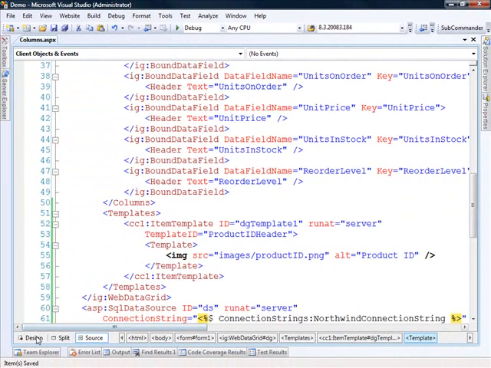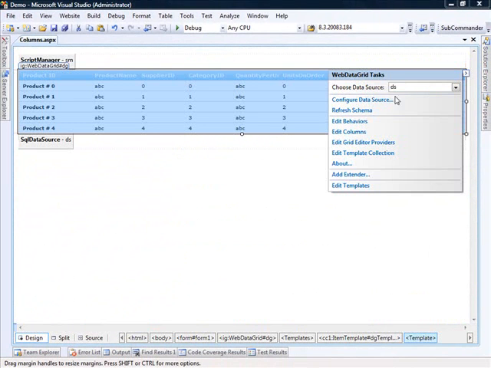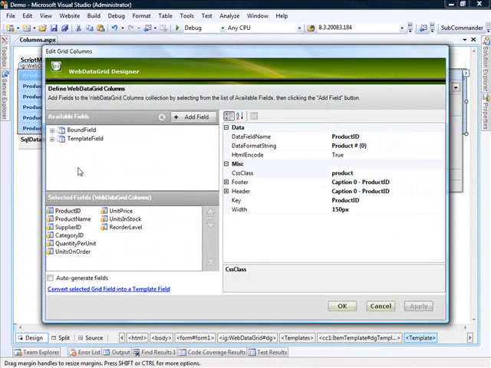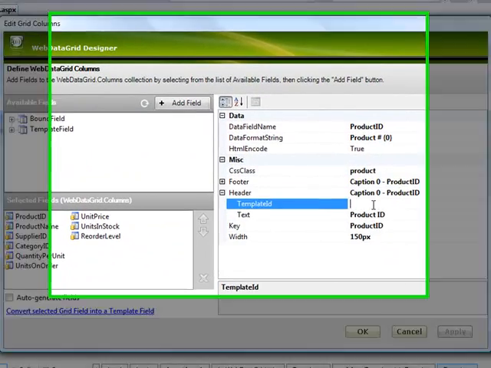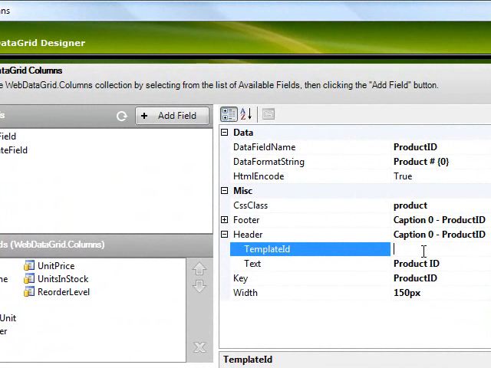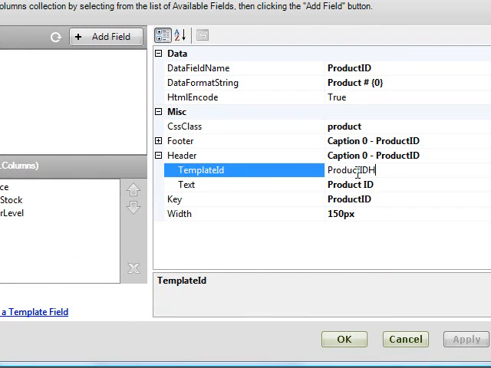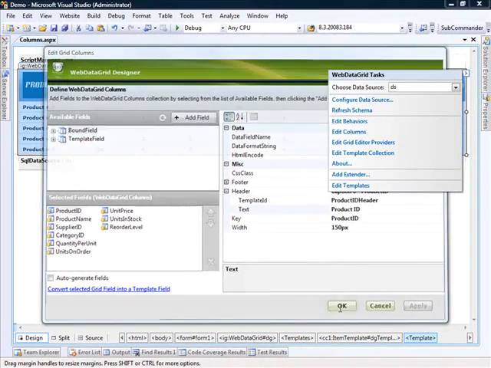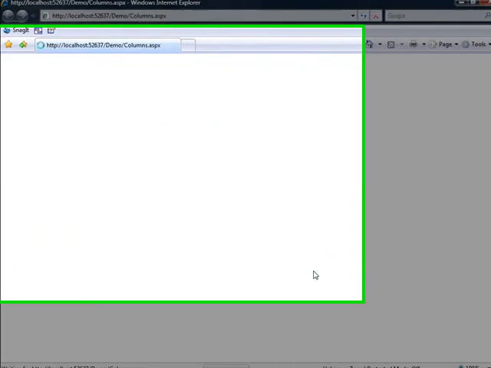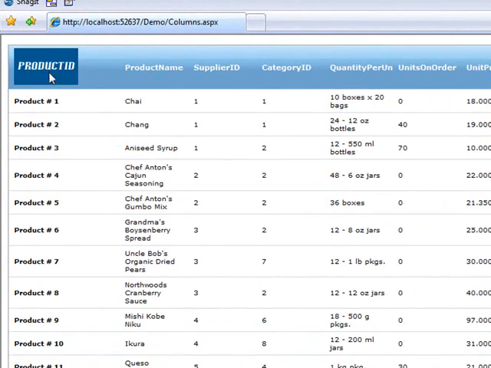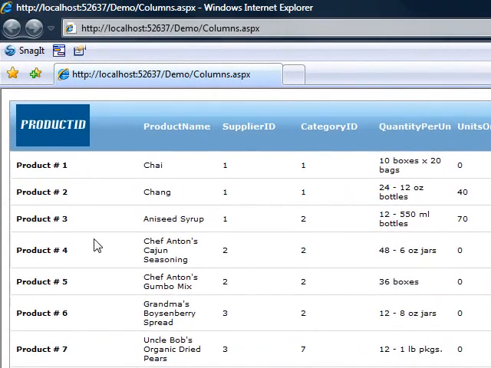So now that we've got the template, the last thing that we need to do is associate the template with that column. So we'll come back up into the columns, we'll find our product ID, and then for the header, we'll tell the template ID, and this will be product ID header. So now let's take a look. You see that the designer's updated. Let's see what it looks like when we run the page. And there we go. Now obviously that will work for the header and the footer,